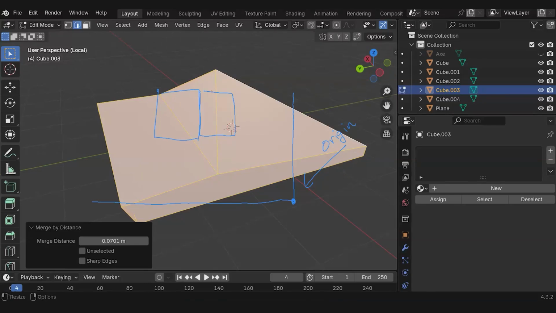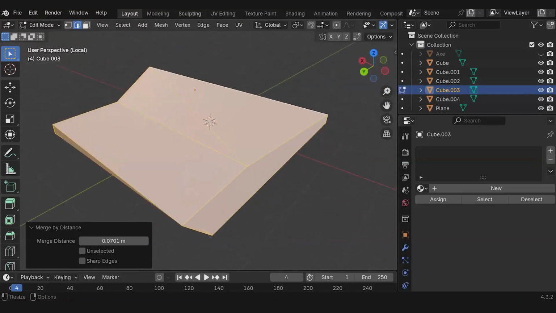So definitely make sure that your geometry is clean. One way to do that is if I were to press A, and then press M to merge by distance. And I can actually fix that by, there we are. I just merged the vertices that are overlapping, and it tells you right here on the bottom, right? And that can actually fix your problem as well.